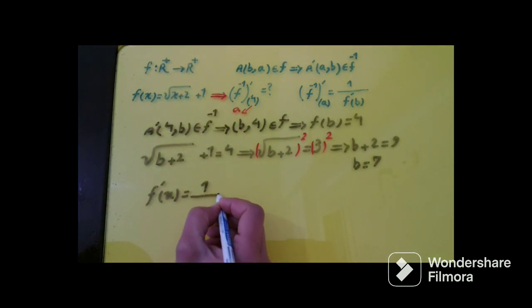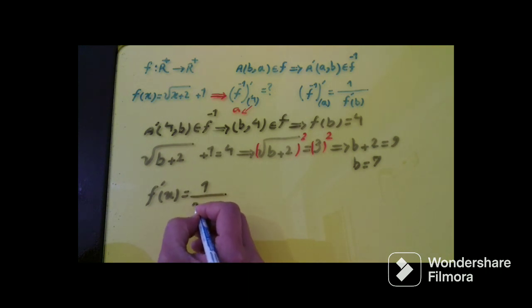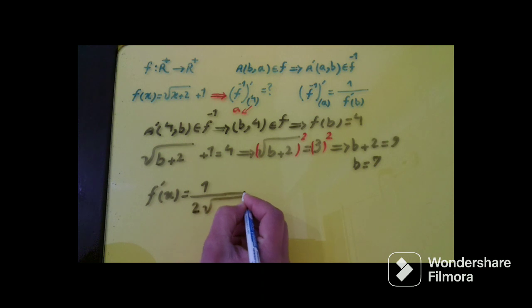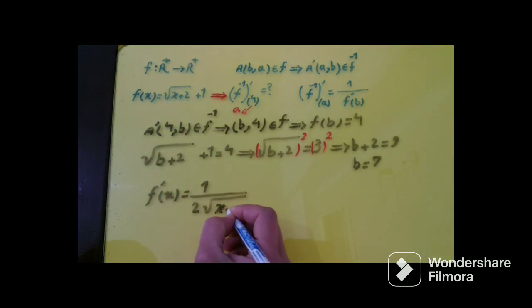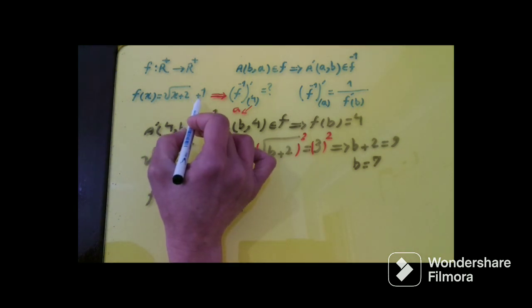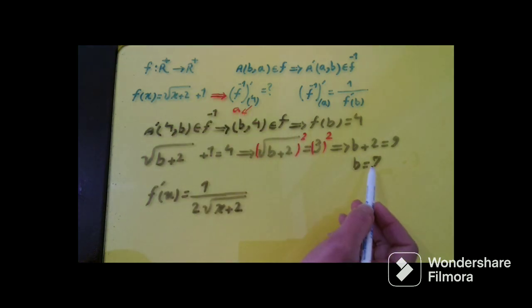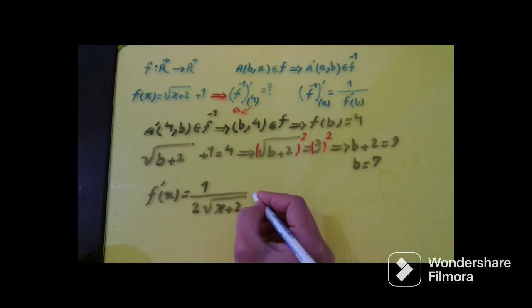And for the denominator, you should write 2 square root of, repeat this term, x plus 2. As 1 is a constant value, the derivative of it is 0. Now replace 7 instead of x. So